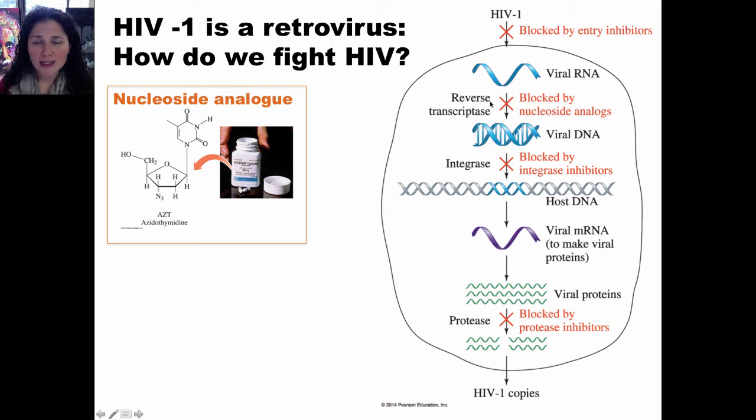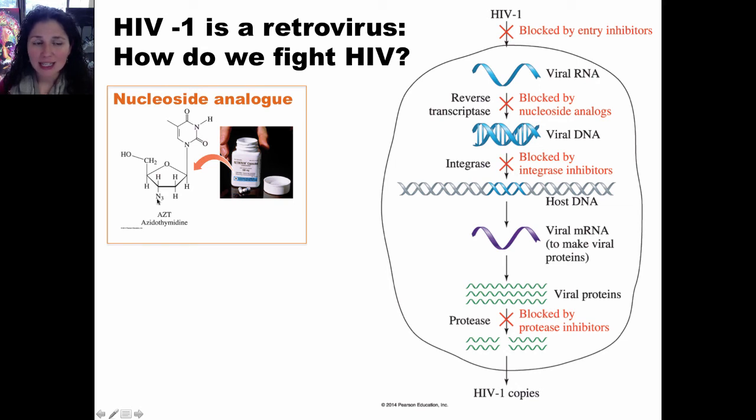Reverse transcriptase makes new DNA, and in the process of making new DNA, it must use deoxyribose nucleosides or nucleotides. This process can be blocked through a nucleoside analog like AZT. Here's the structure of AZT. Notice that it has a thymine here, and it's a deoxyribose analog, except instead of the alcohol group at the 3' position, it has an